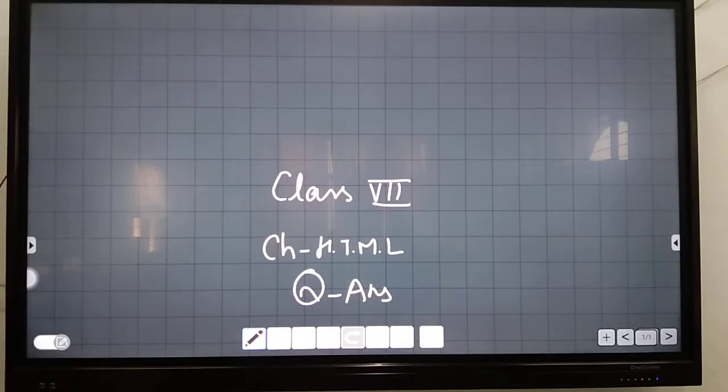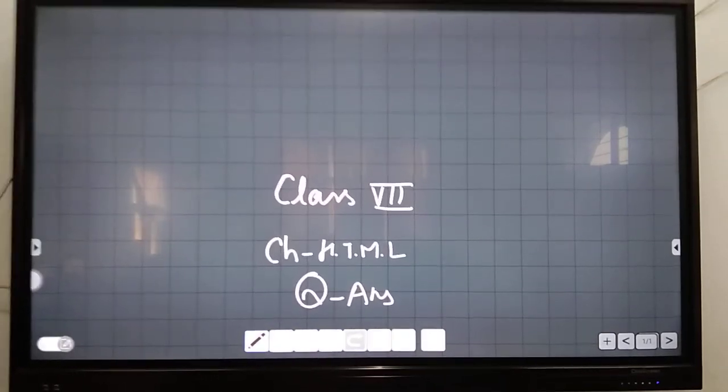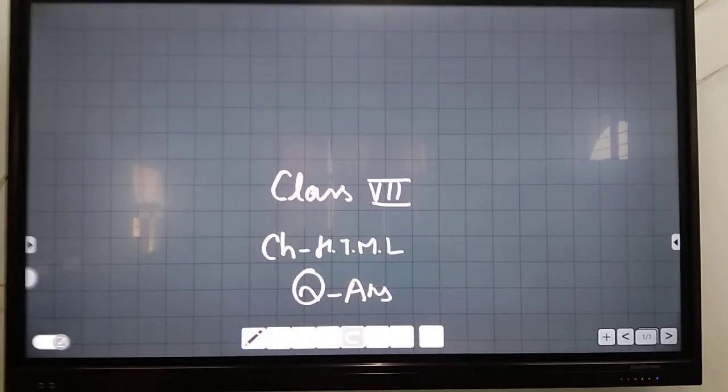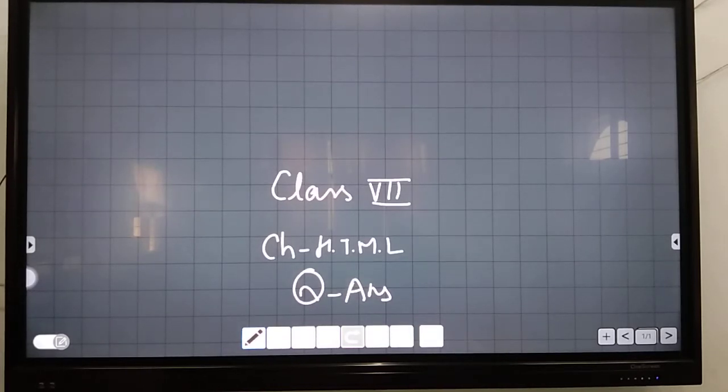Question number 10. Write HTML code to create the following ordered list. X is cell phone or zebra. In the ordered list, you will write OL type equals to X with a double inverted comma and star, and then you have to give the first li zyklon, second zebra, third yak and fourth zebra. All this will come inside li one by one and after that you will close the tag.